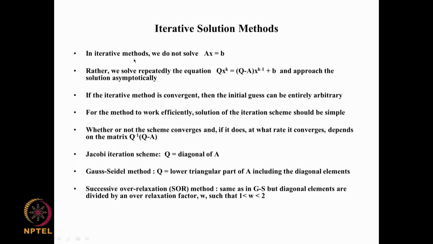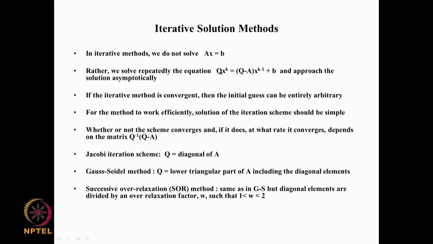In iterative methods, we do not solve Ax equal to b. We solve a different form of the equation. For example, we solve repeatedly the equation Qx^k equal to Qx^(k-1) minus Ax^(k-1) plus b, and approach the solution asymptotically. Okay. So, that means that instead of solving this equation, we solve this equation here. What is the difference between this and this? This looks even more complicated than this, but